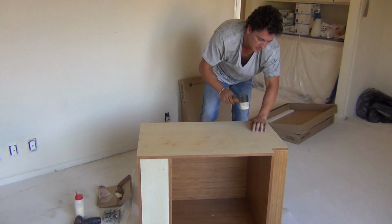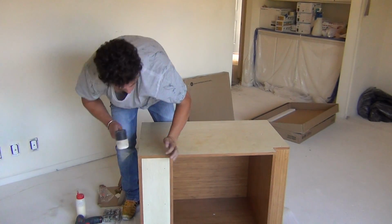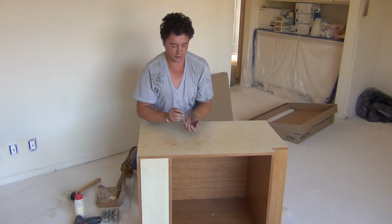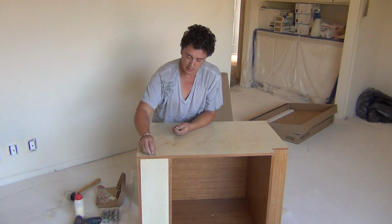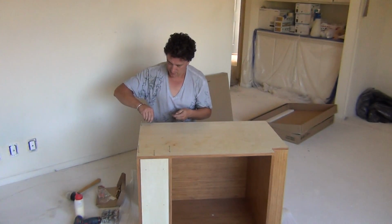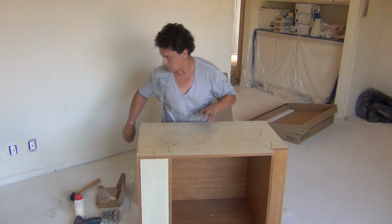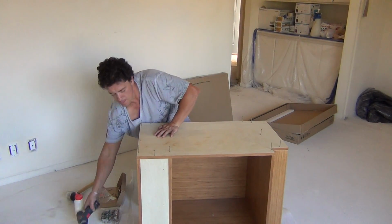we tap them and make sure everything is set in. Once everything is set in, we start putting in the screws and use our impact gun. The screws are 2-inch screws, they look like this. You put them in the pre-drilled holes already, to make it easy for everybody. And then